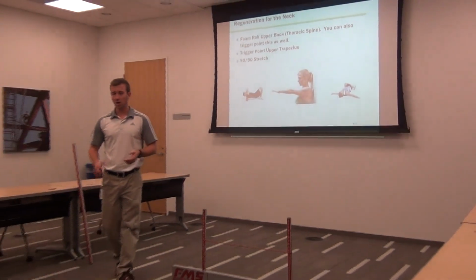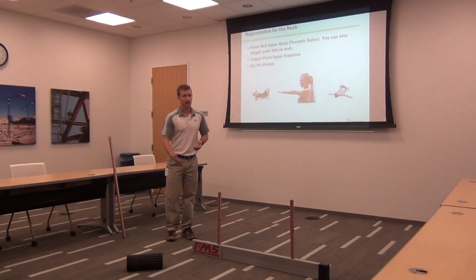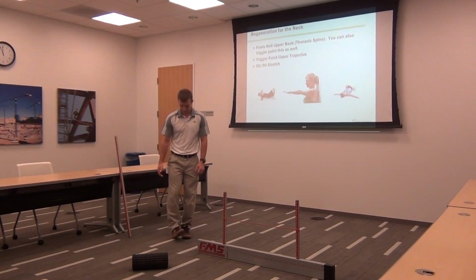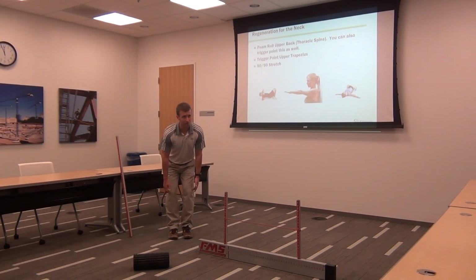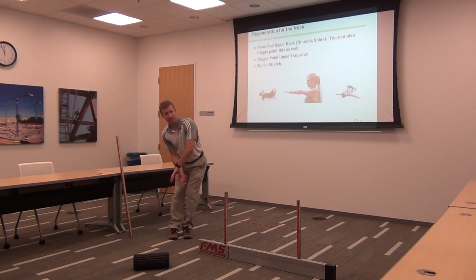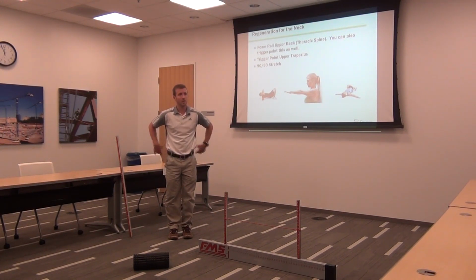Okay? Joints alternate in their function. Ankle is a mobile joint. I can get my foot all over the place. The knee is a stable joint. Okay, I don't want my knee cranking out this way or cranking out that way. Hips are mobile. Low back is stable. Thoracic spine is mobile. So your thoracic spine should have some mobility.